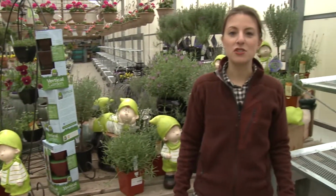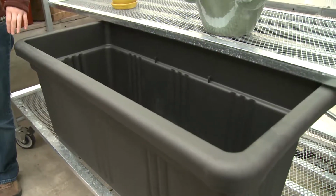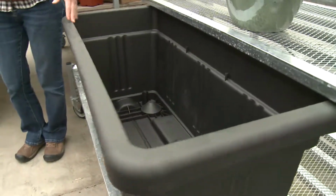When choosing the containers that you want to grow in, it's important to consider what you'll be growing in the container. Vegetables require more room than flowers do, so it's important to choose a container that is large and deep. A container such as this one here is perfect for growing vegetables, and choosing the right container can help you produce higher yields. Some things you may want to grow, such as greens, lettuce, and spinach, aren't going to have